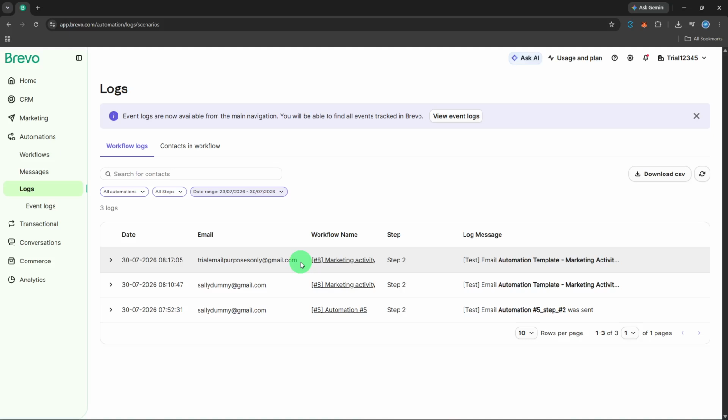Fix the cause, maybe update their address or remove them from the suppression list, and then you can manually re-trigger them if needed. Don't just assume a few failures are normal, they can silently kill your conversion path. You also want to check for contacts that exited unexpectedly. The log shows an exited by condition entry if they got kicked out because of a goal or a time-based